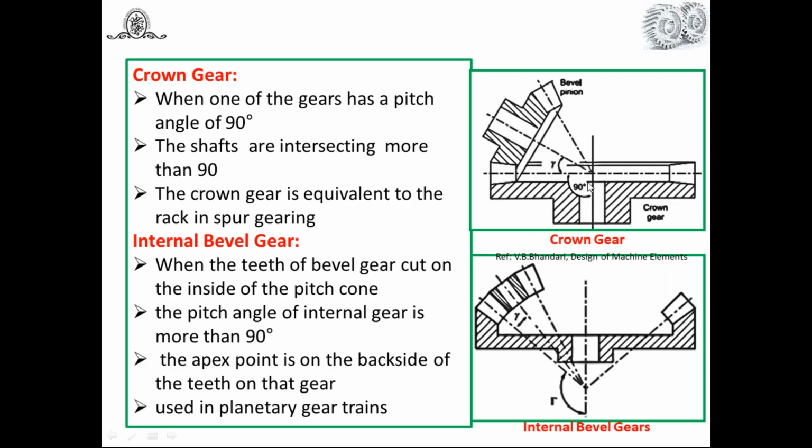90 degree. And when the pitch angle is 90 for one gear, it's a crown gear. Try to understand. And this is the missing gear, another one. So forget about the missing gear. If any one gear has a pitch angle of 90, you can say it's a crown gear. It's a flat one, teeth are cut on the surface, and this pitch line makes an angle with the axis. It is at 90 degree. So you can see it's a crown gear.